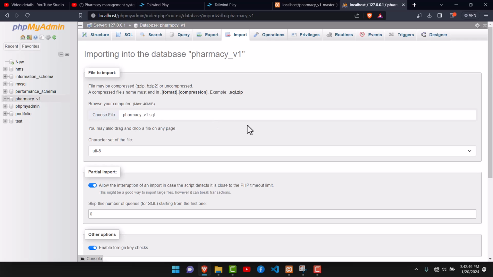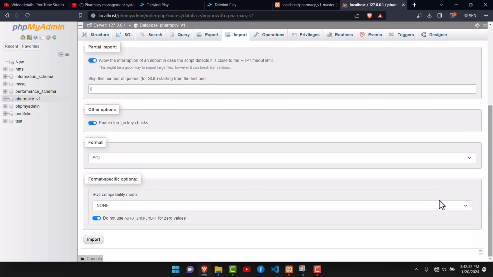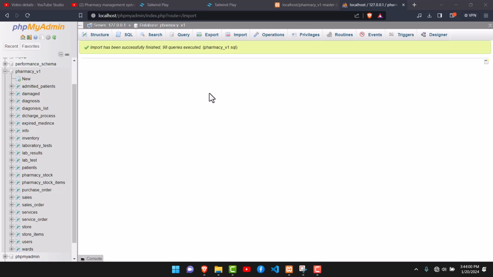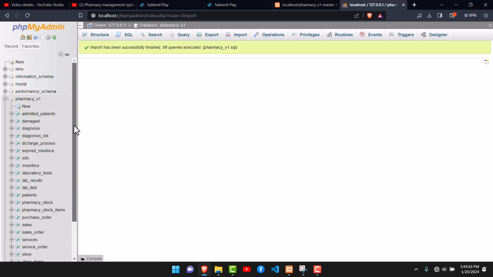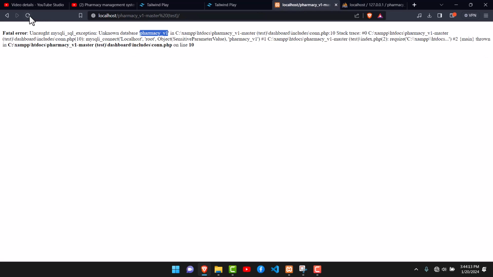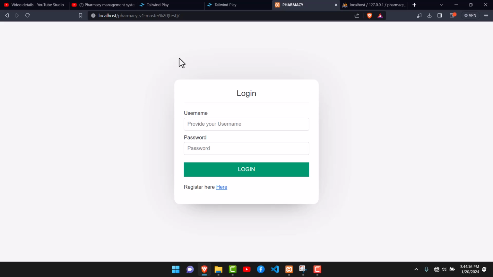So that name should appear there, and once it appears there, you need to scroll down and say import. So you should now give that a minute for it to import all the tables for that database. And as you can see, all the tables for the database have been imported, all of these, and so now if we go back to this and then we refresh it, now we should be able to get our system back, because now we already have the